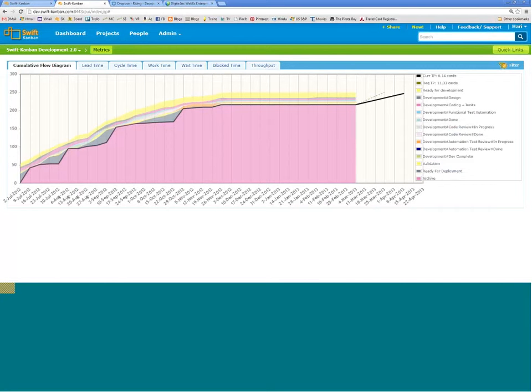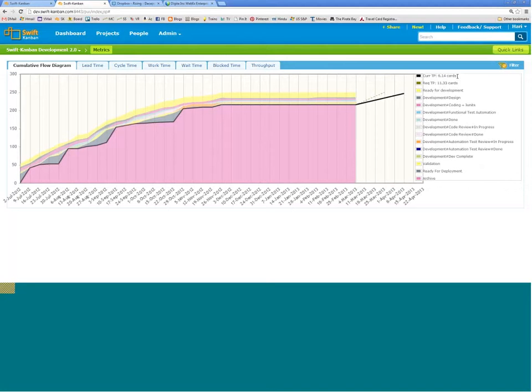But what you see is that I am able to say that my current throughput is 6.14 cards per week, based on my track record of how work has progressed. This is actual data. This is no estimation. There is no guesswork here.